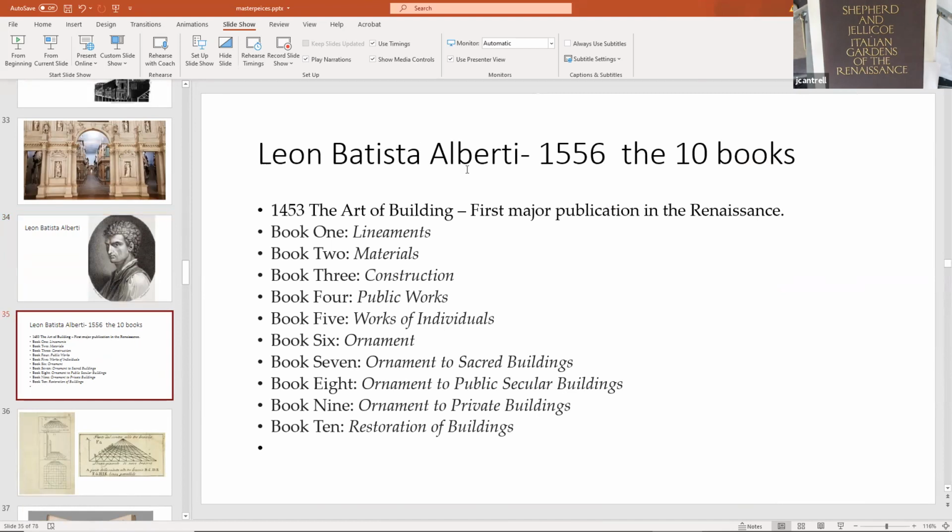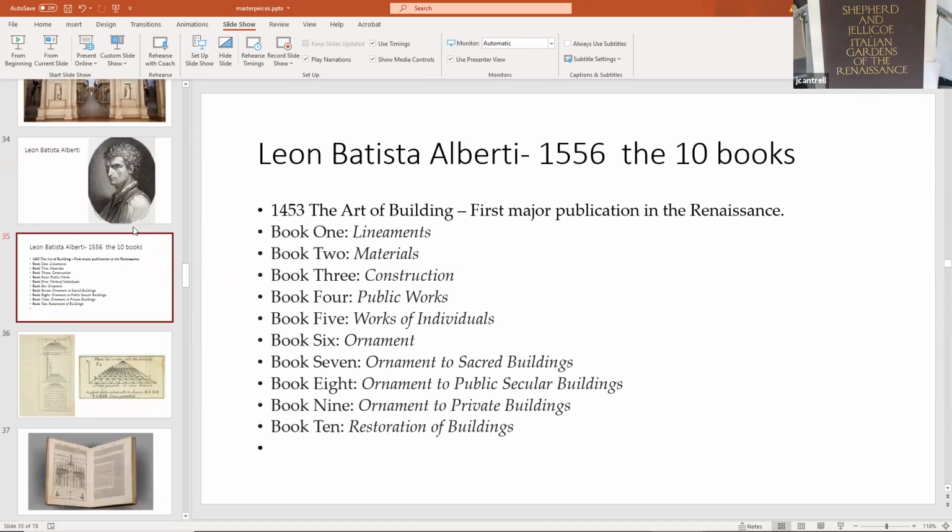So here's Leon Battista Alberti, a mid-century Renaissance architect. Again, he has his own 10 books. Every architect has 5, 7, 10, it doesn't really matter the numbers. But again, his pamphlet or publication or manifesto is really the art of building. There's a mixture of materials, construction, the proportion of large public buildings, small houses, and the restoration of buildings. This is roughly between 1453 and 1560, the High Renaissance. So let's look at what Leon Battista Alberti has written about.